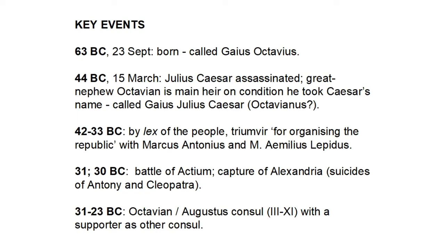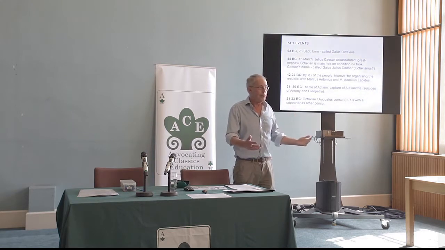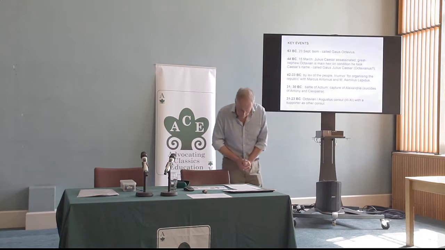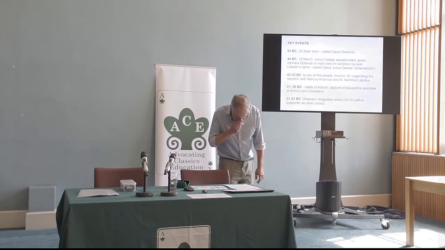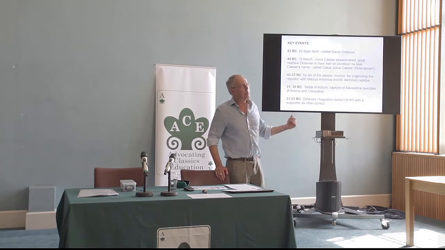Furthermore, because he's run out of real powers, he starts getting himself elected consul every year to bolster his position. And you can see there's a big problem with that, because you're only meant to be consul once, or at best once every 10 years. So when you see he is being elected consul, presumably it's fixed, must be fixed, every year, year after year after year, and the other consul is always one of his supporters, you can see this is a dominatio, right? And this is the language you need to be thinking about, dominatio, libertas, and so on, and this is what is behind it.